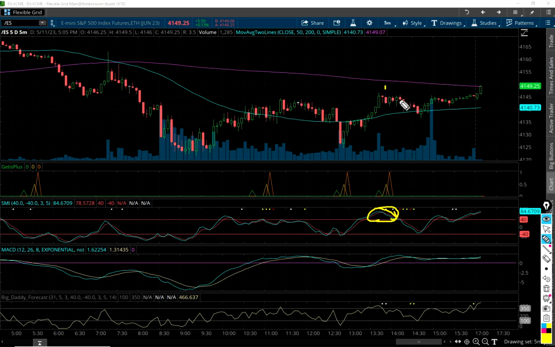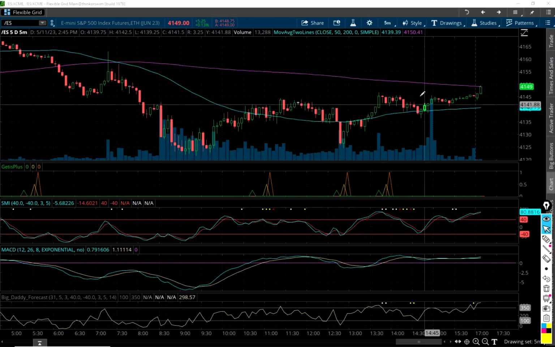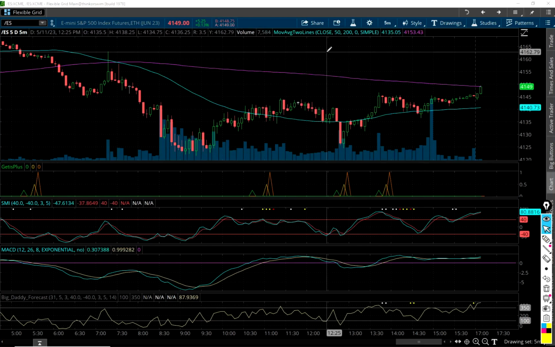But eventually, about 25, 30 minutes later, it does make good and comes down. But just based on what I saw here, and also we had divergence on both the SMI, that's what those dots are, and also on the Big Daddy. So I would have definitely taken the trade. It looks like it took about 45 minutes to make good. That's fine. Okay, 45 down to about 40. So again, not a lot going on there. 5 points, but it's just one of those days. You take what you can get. There was still some profit in here, just more of a scalpish kind of day, especially on the 5-minute chart.